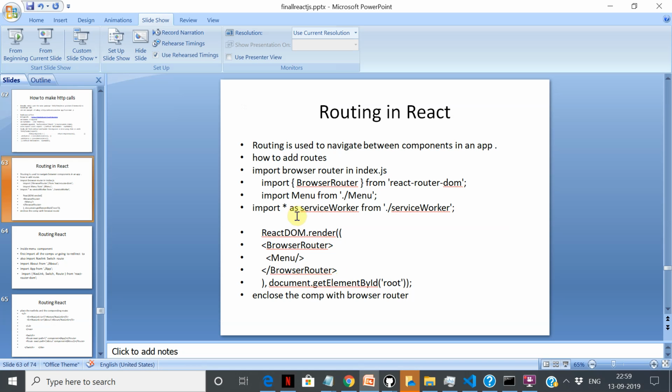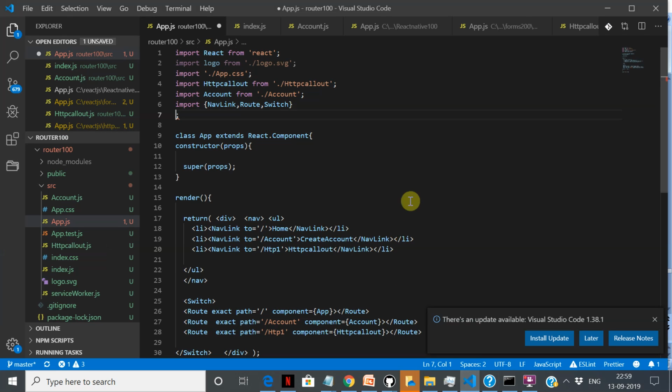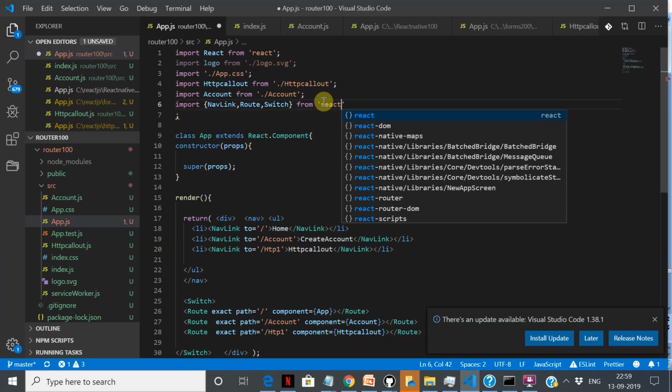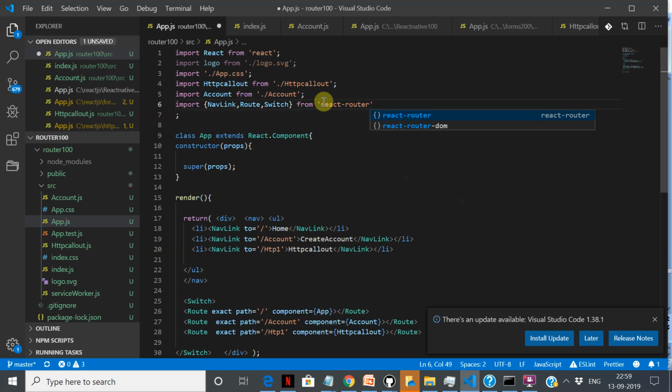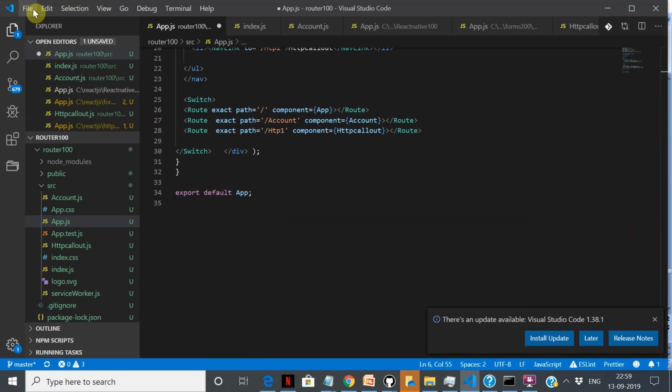And this is again from React router. So it's a super important library. See that you have it in your